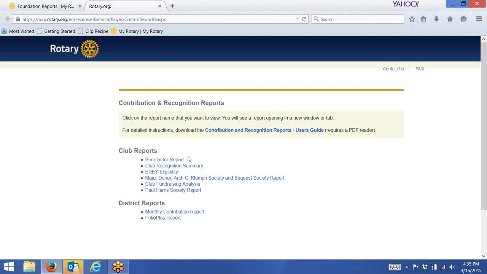Now, it doesn't take you right to the report. It takes you to this next screen, and we click on Club Recognition Summary. Notice that you can find out who's a benefactor, and here's that all-important E-Ray eligibility. But we're just going to open one today for time's purposes, and it typically has